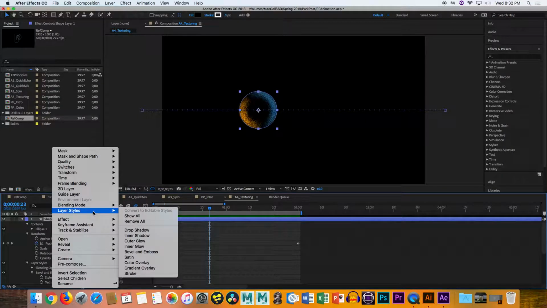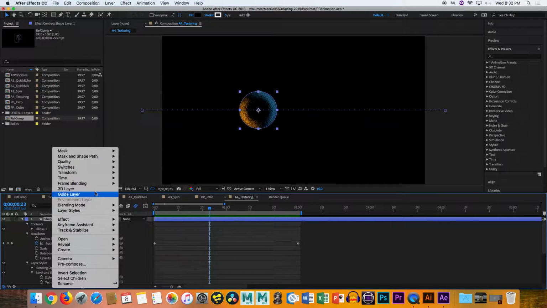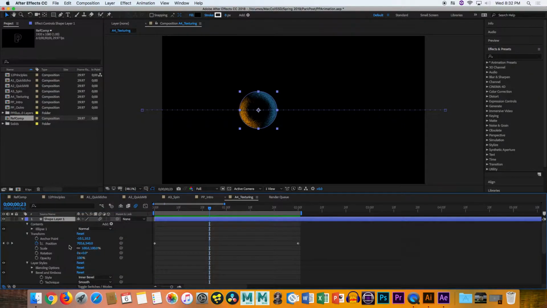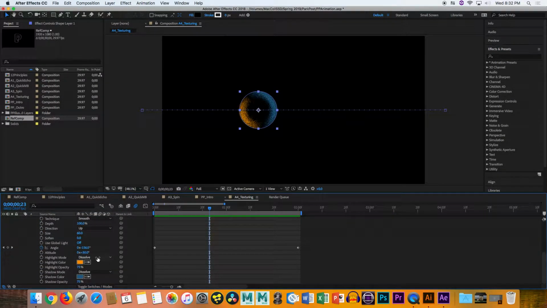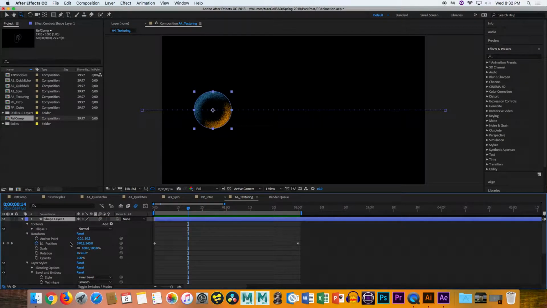What are you trying to show? Okay, so layer styles and blending modes are super useful to achieve certain effects. So this sort of textured effect is accomplished through a layer style, through bevel and emboss. And then I've taken the bevel and emboss and I've made them dissolve and I've changed their color. So you get this really nice texture on the object, but there's a lot of stuff here that you could play around with. So you don't just have solid colored shapes in your motion graphics. You could give them a little personality, a little depth, something to catch the eye. And there's a lot of stuff there